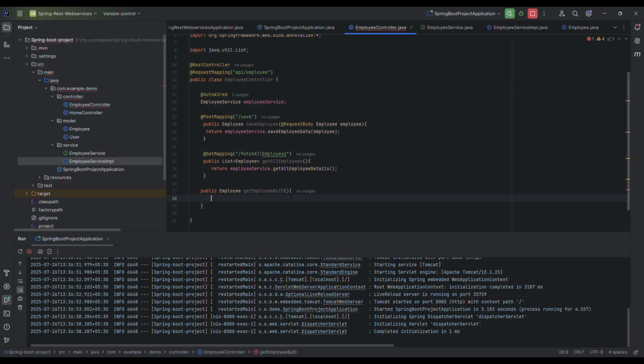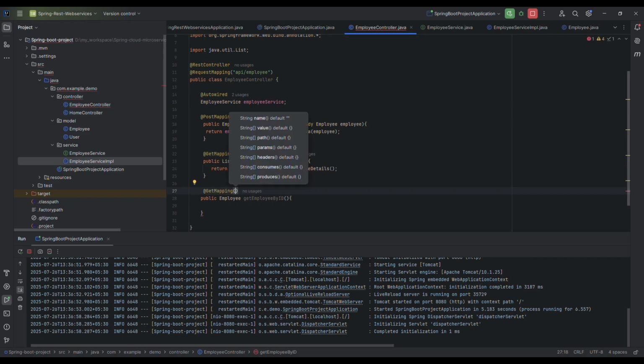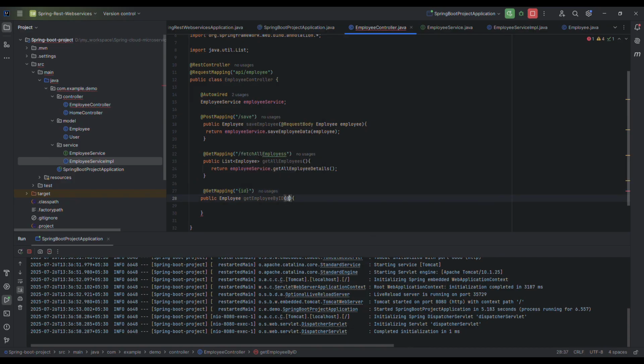Okay, so this is also a GetMapping. So we need to pass an ID, right? Employee ID. So for this, how do we need to pass it? We need to pass it like a path variable, right? So here we are using a path variable, String id. You can give any name. Okay. Now